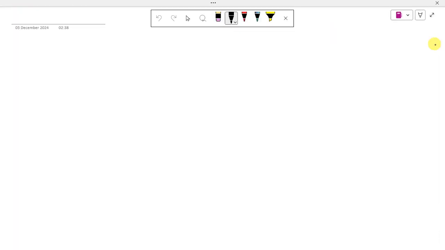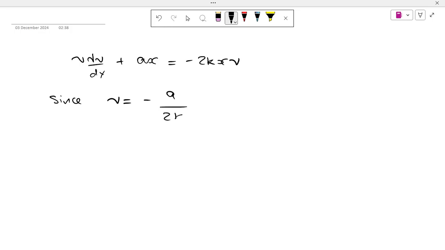So if we write equation 3 again as v dv by dx plus ax equal to minus 2kxv, then since v is equal to minus a over 2k, because the x's have cancelled, and dv by dx is equal to 0,